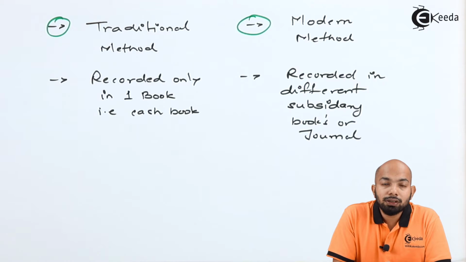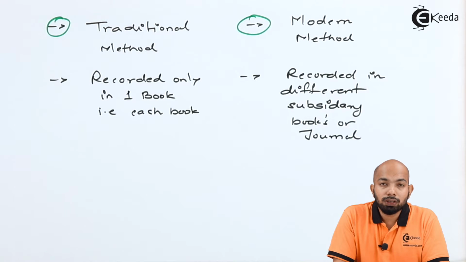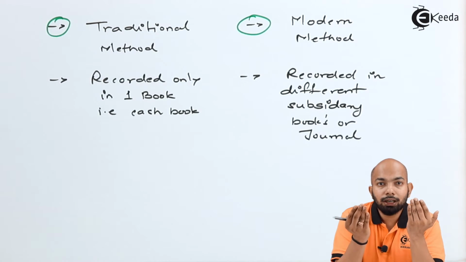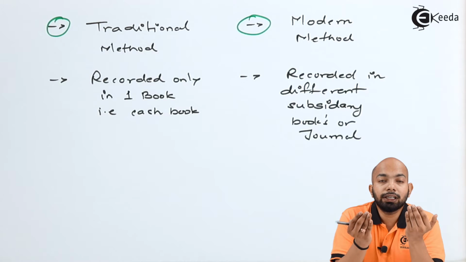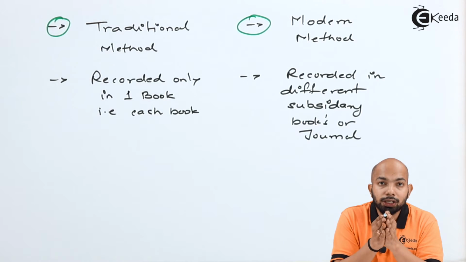In case all these 1,000 transactions have dual effect, that means debit and credit, you can easily match the transactions with the debit and credit items, because once you have a double entry bookkeeping system, your debit balance will be equivalent to the credit balance as per the ledgers, and the same will be reflected in the trial balance. So when you have a trial balance which is tallied, further used for preparation of profit and loss account and balance sheet, you know that all these transactions are recorded in a specific way, in a perfect manner, and hence this modern approach can help you simplify all the complexities when it comes to recording accounting transactions,